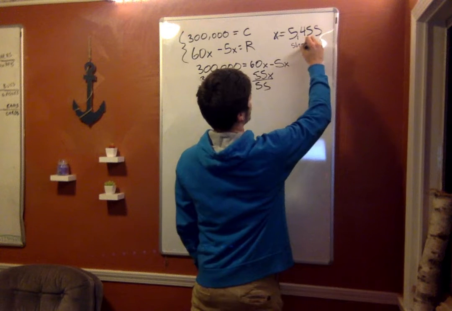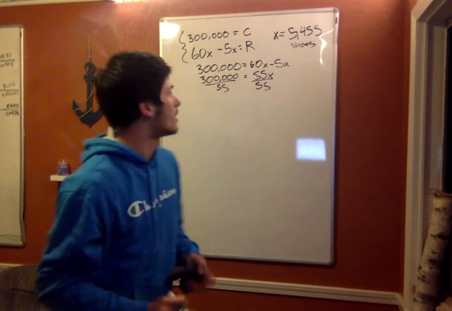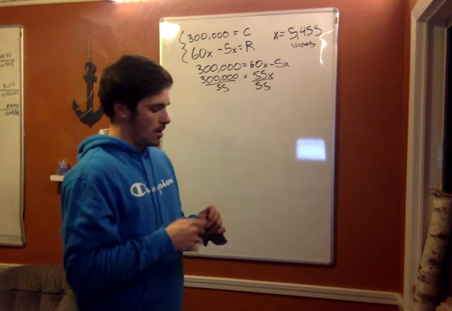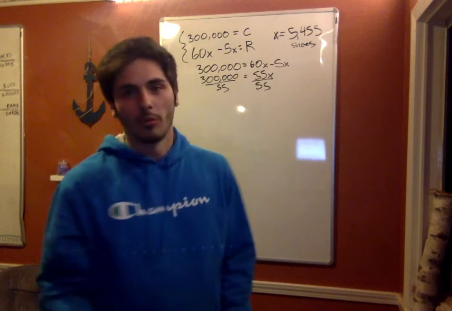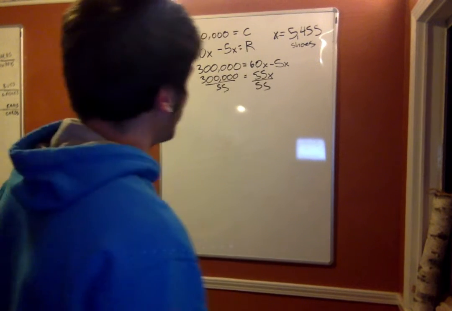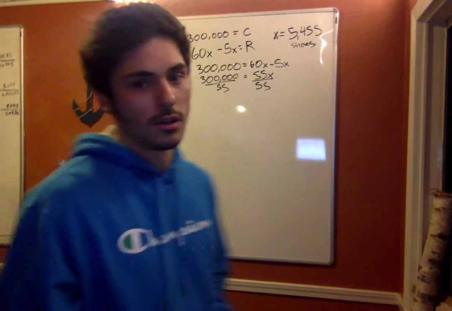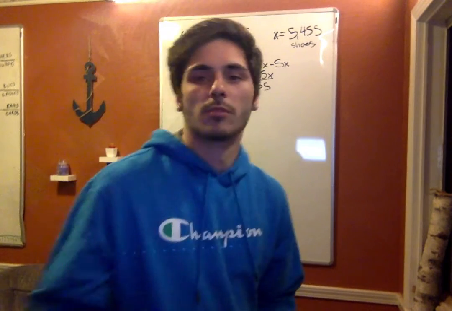And what does x represent? It represents the amount of shoes it would take for the company to break even. So it would take 5,455 shoes for the company to break even on their investment of this equipment. And so next,